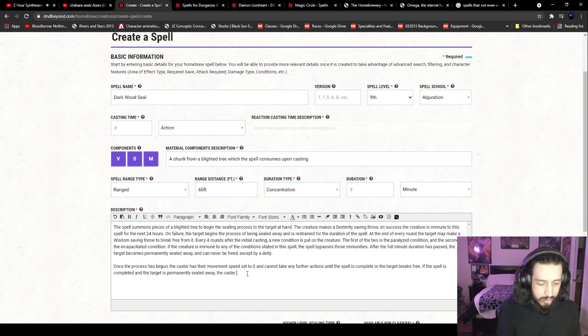The caster can never cast this spell again. I don't know whether or not I should add "until" or "unless" the creature that they sealed away breaks free from it, because then that implies, oh, Mr. Old Man Wizard just needs to go back and do it all over again. Actually, yeah. Unless the target breaks free from their